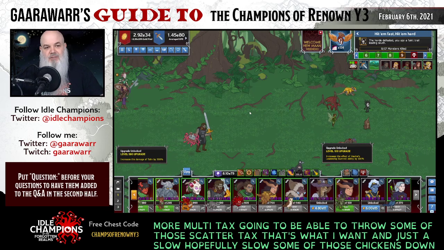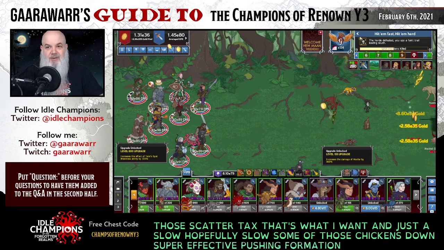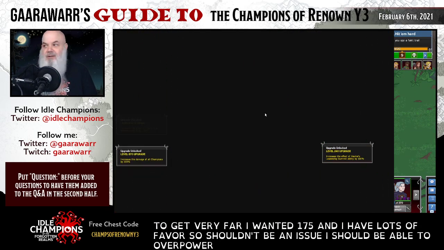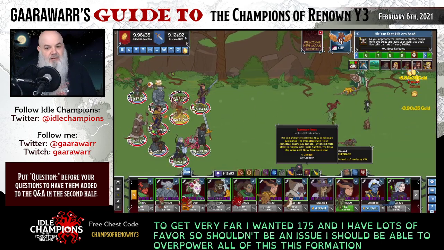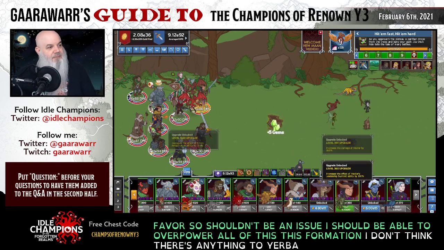It's not a super effective pushing formation, but I don't have to get very far. 175, and I have lots of favor, so it shouldn't be an issue. I should be able to overpower all of this formation. Bring those imps out just in case. I don't think there's any fiends here, but...